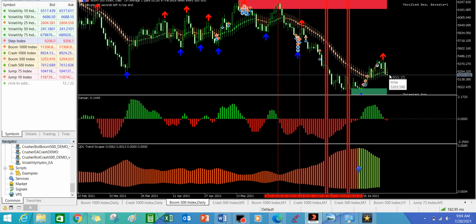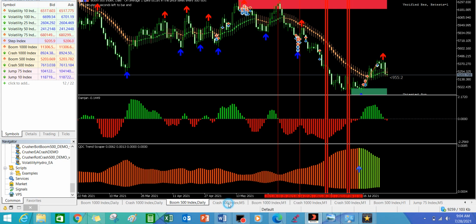But this does not mean it's not going to spike at all, but it is more of a downtrend today than uptrend. At this moment it is more of a downtrend than uptrend because it is creating a bearish candle at the moment. So you guys can take advantage of this. It has been creating this for hours, so you can take advantage of this for boom 500.